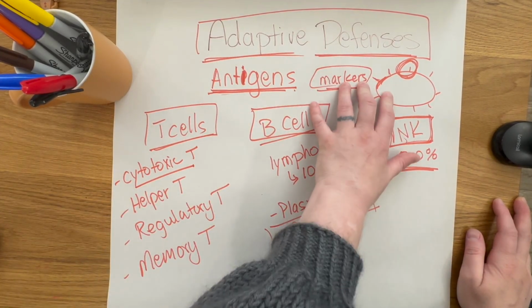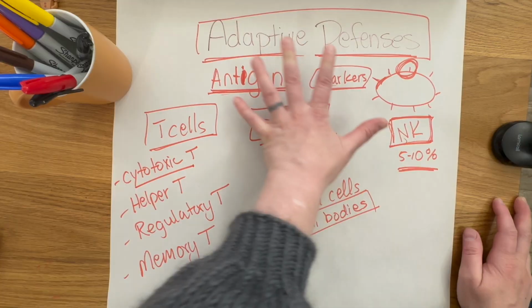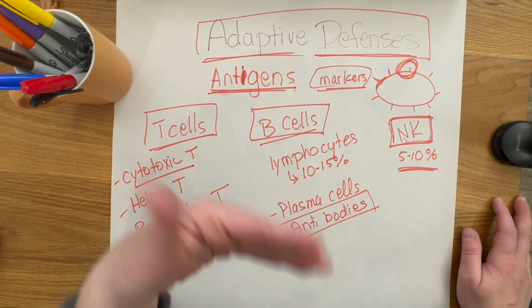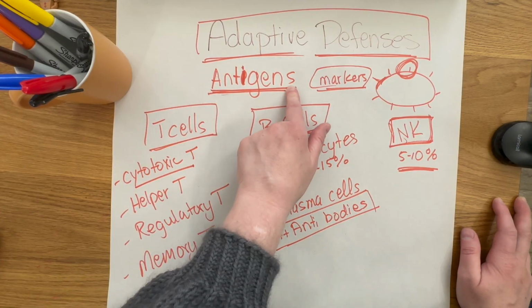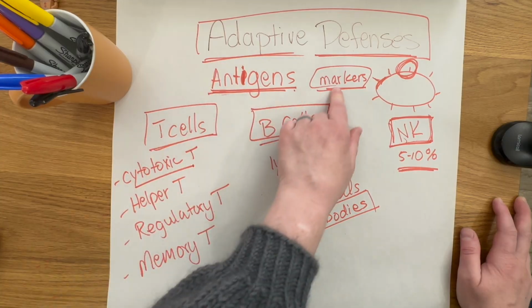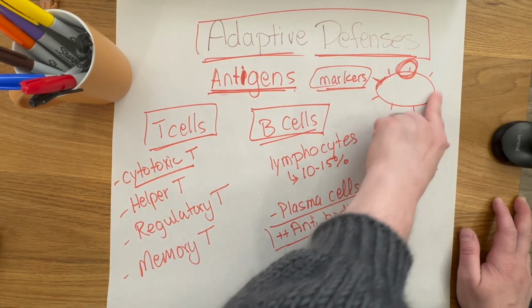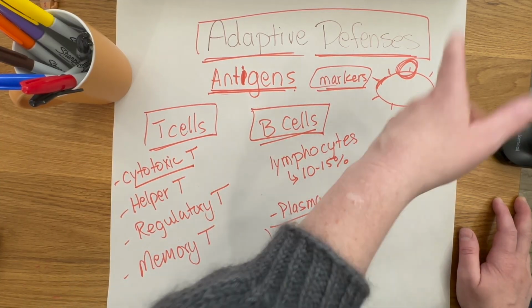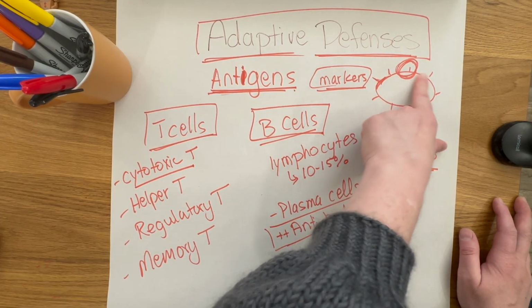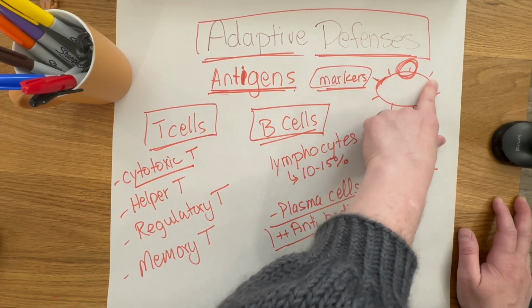So we've talked about innate immunity. Now we're going to move on to adaptive defenses, which means defenses that we develop once we've had an exposure to what we call an antigen. The antigens are foreign markers or chemical markers on foreign objects, bacteria, or any one of the things that we've talked about, viruses, etc. If there's a little protein or even a carbohydrate type of marker on them,